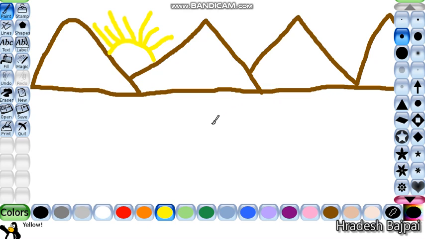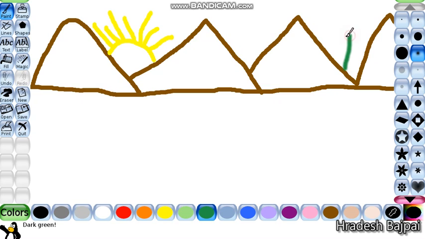Okay, so now I hope the use of the sub tool is clear to you, that I have chosen this paint option, so from here I can choose any option. Like if you want to draw things which are far, you can choose this haze brush. This haze brush will draw the things which are far. Like if you want to draw a tree over there, first I have to choose the color, green color. So if you choose this haze brush, it will look like this.